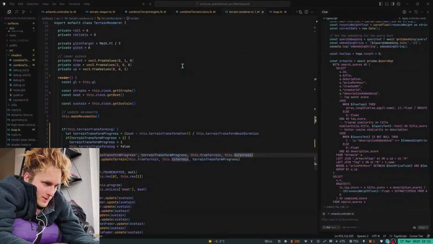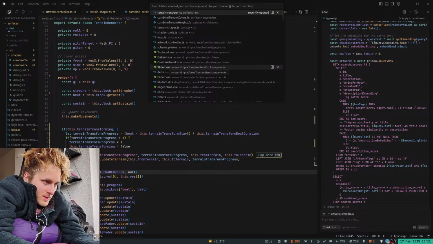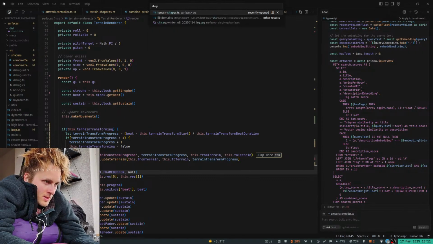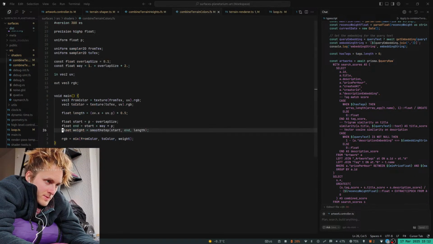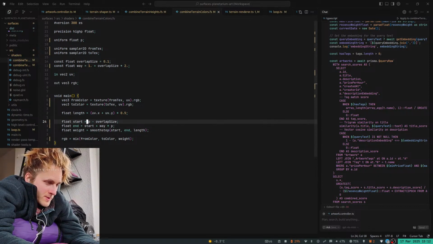So I think the issue does come from the shader. Here I think we just have to turn things around. I mean, we could probably, it's about this. Here we say start and end. So the length, so we end up using